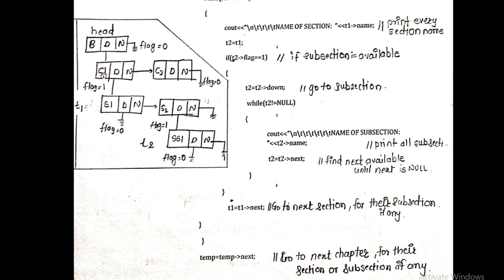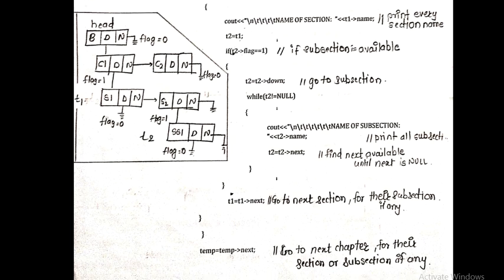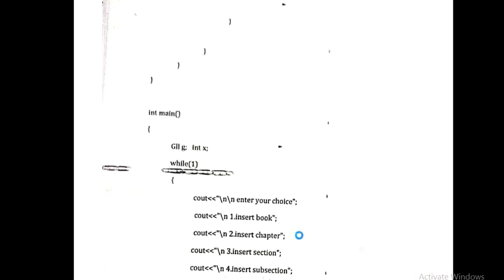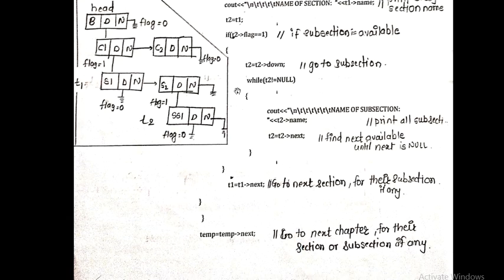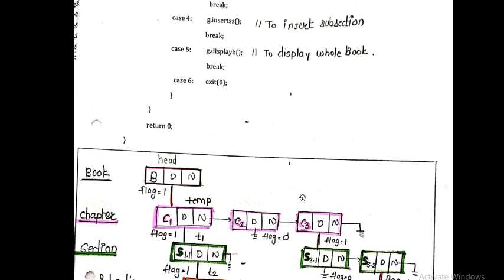the next chapter, right? So C1 is completed with S1, S2, S2 is completed with SS1. Now after the completion of chapter 1, you have to move towards the chapter 2, right? So here we are going to move toward the chapter number 2, right? Temp is equal to temp of next. So go to the next chapter for their section or subsection if any, and in this way we are moving towards the next chapter. We no need to move toward the next book, because as we are considering it as a root node, so there is only single root is available in the tree, right? So single book will be available. So with this we have finished this.